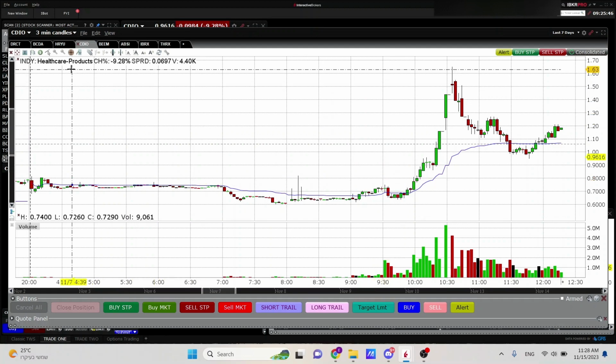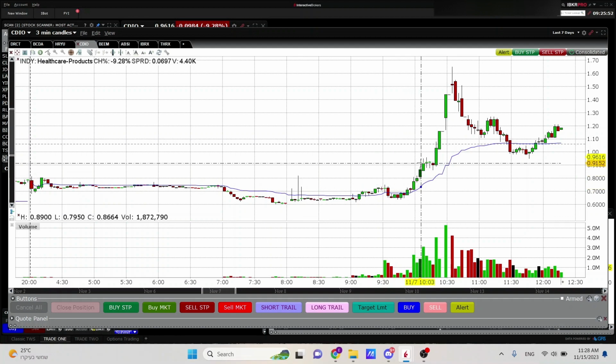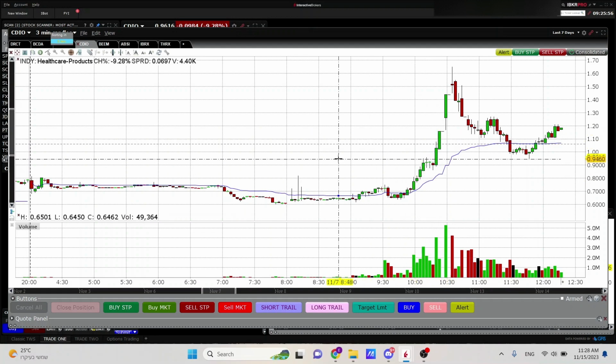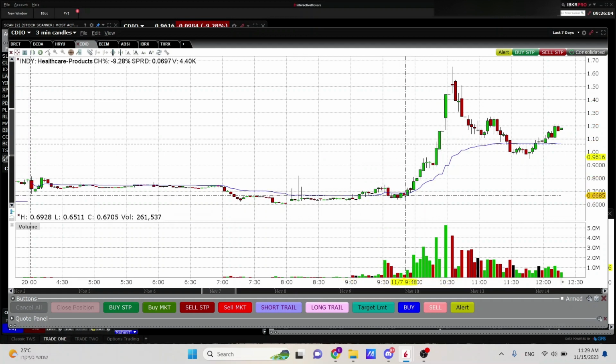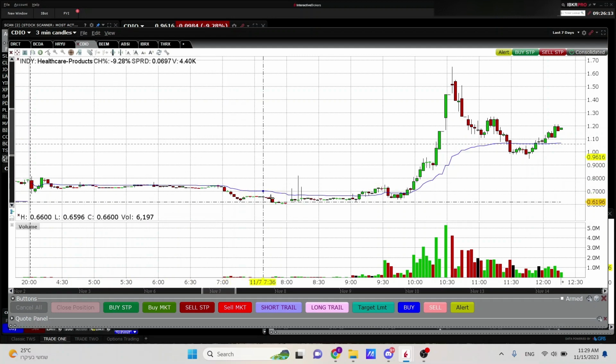The stock CDIO has a lot of warrants and they want to exercise them at higher prices, like more than $1.1. So what I wanted to look for in the stock itself, I wanted to long it, and I wanted to look for strength, to see the buyers coming in and to enter the trade. I followed the stock from the opening, from the pre-market, and like I said, there is not much volume